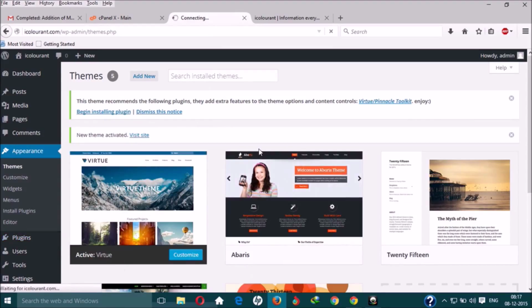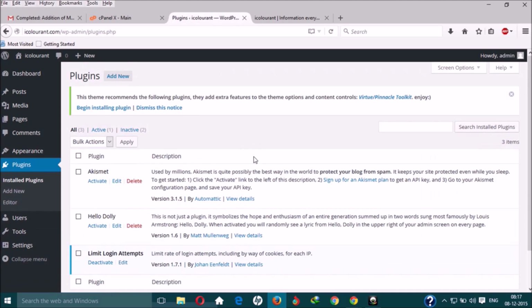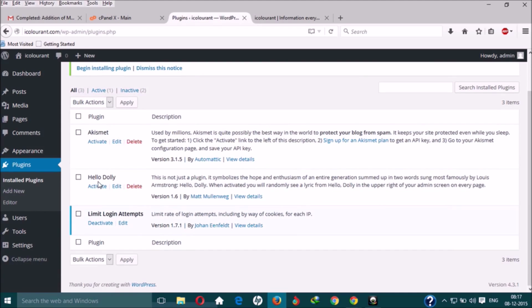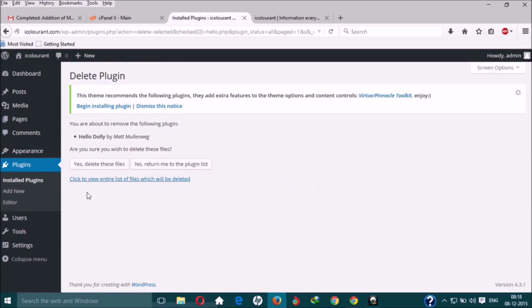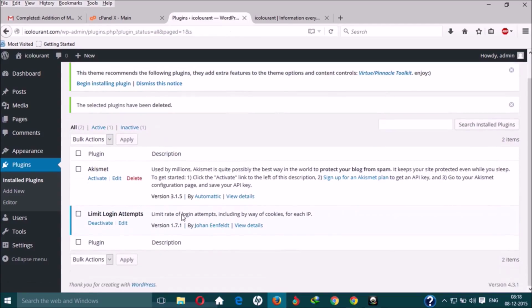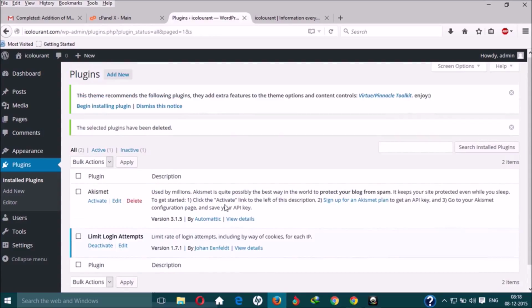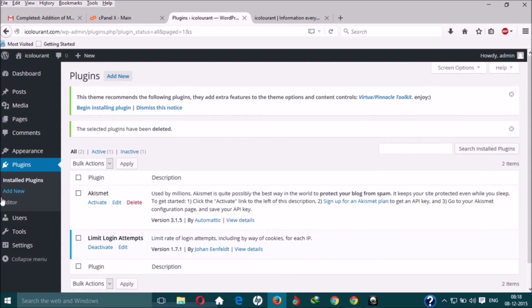So go to install plugin. Some of the plugins will be installed before, like Akismet. You don't need this, so you can just delete this plugin, Hello Dolly. This is kind of an useless plugin which you don't need. So after you can keep this, and now let's add some important plugins. Click on add new,